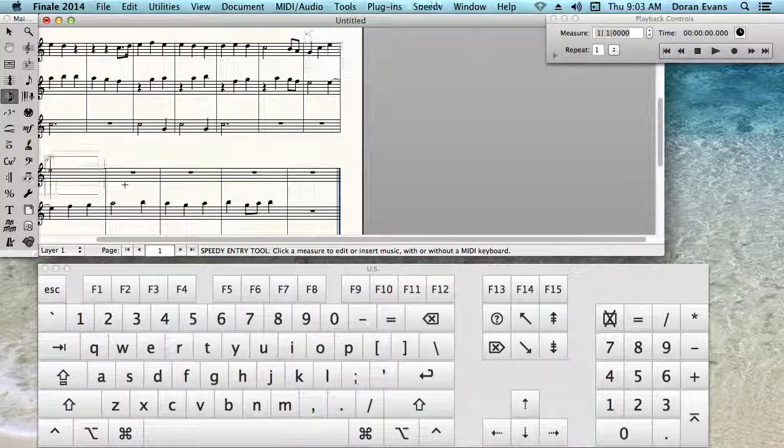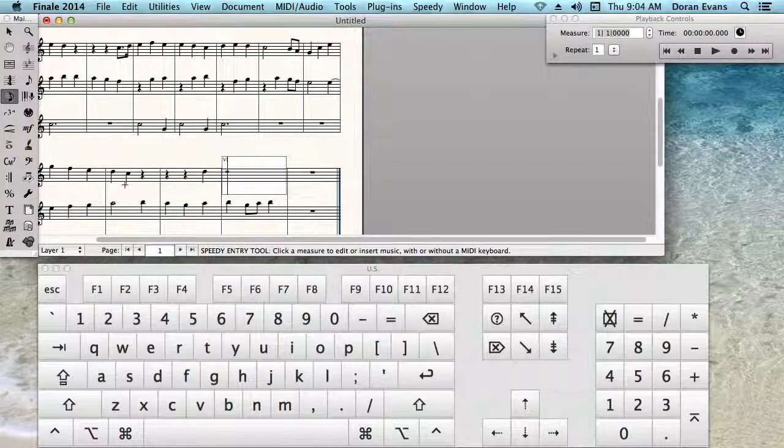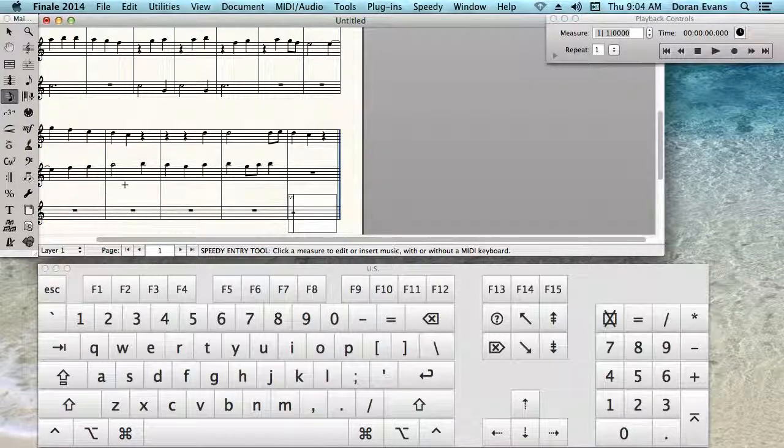Wrong note. So if you just want to delete a note, well, you press the delete key, wherever the delete key is on your keyboard. So, alright, let's just pause it right there, and just move over here and let's continue with the